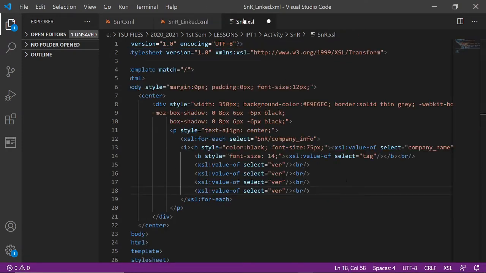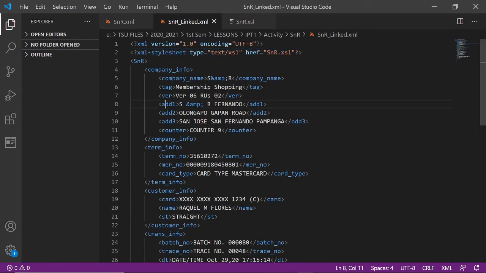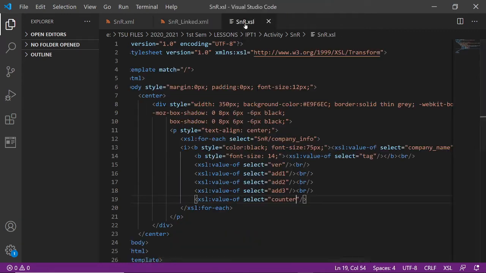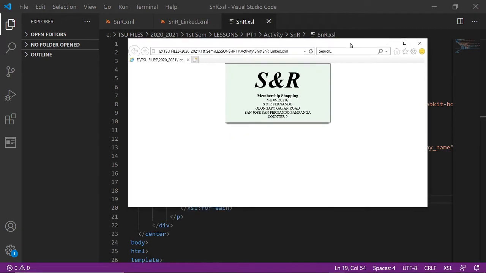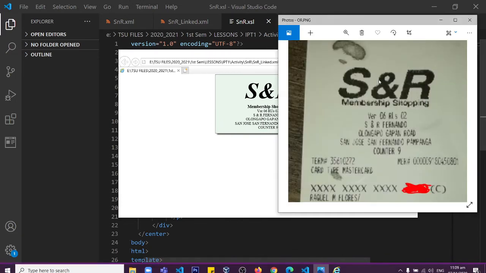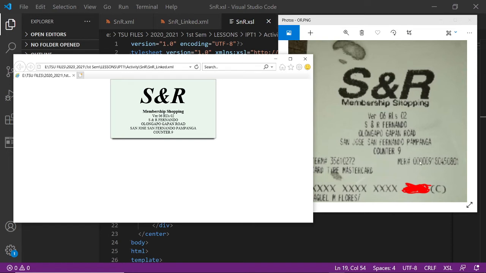1, 2, 3, 4. So, we need 4 more codes na kamukha nun. So, you have here the address 1, address 2, address 3, and then yung counter. So, save natin. Ayan, address 1, address 2, address 3, yung counter. So, save natin. Ayun na ngayon, yung resibo. So, ayun siya. Diba? So, yung font, diba, kagaya nung binanggit ko kanina,